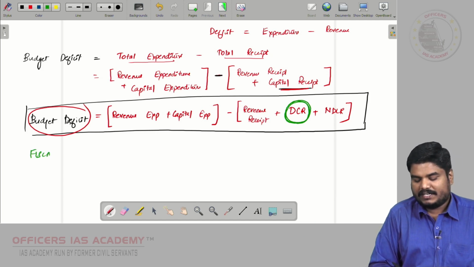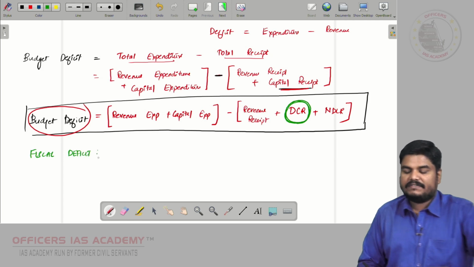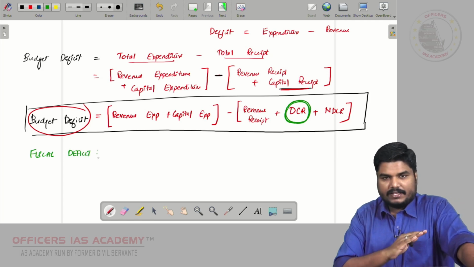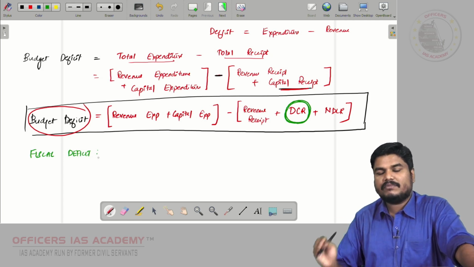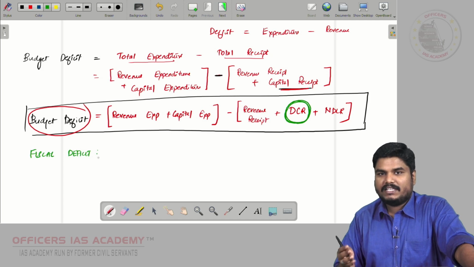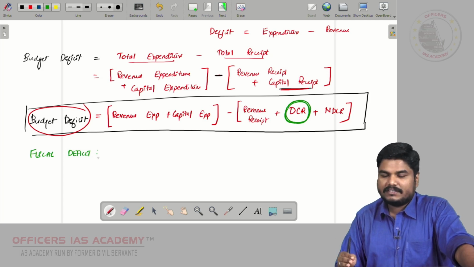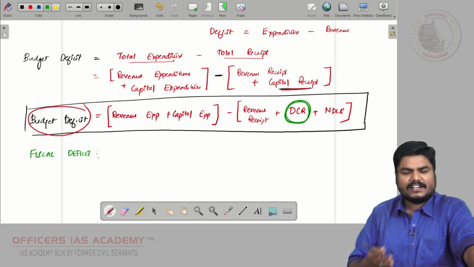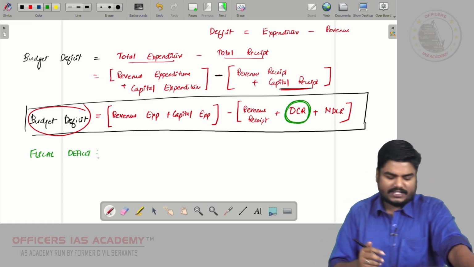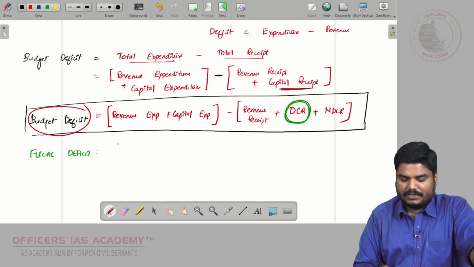Now what is fiscal deficit? Fiscal deficit is very simple, friends. I am giving you the simplest way of explaining fiscal deficit. In many reference books available in the market, they give some complicated expressions. Forget it. What I am saying is from NCERT. 12th macroeconomics NCERT is defining it like this. Let us follow NCERT. It is a very easy way of understanding as well. So fiscal deficit is equal to